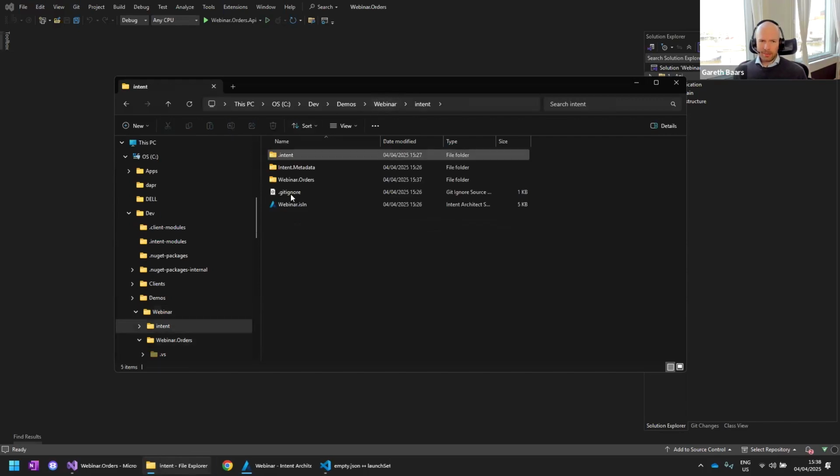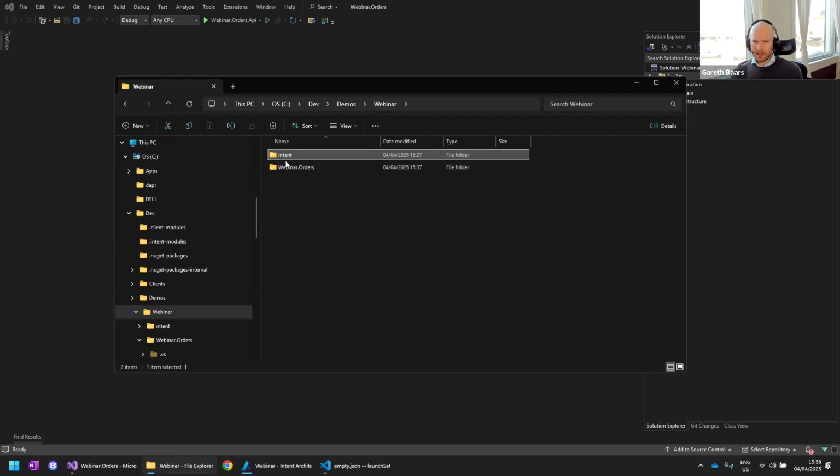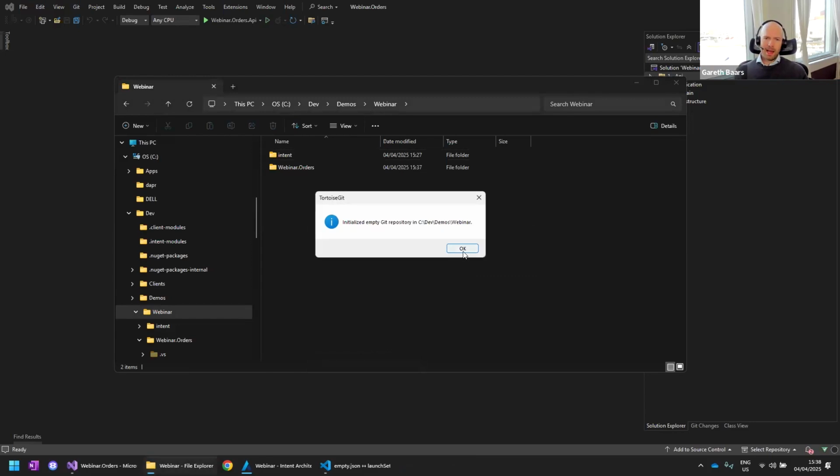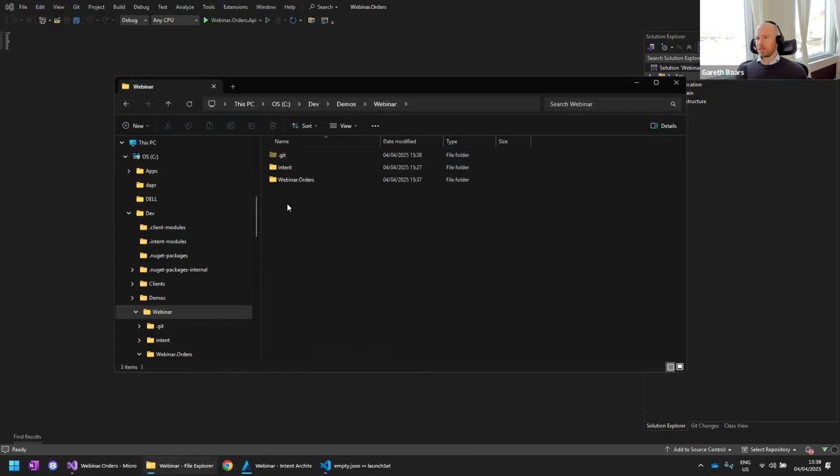Then in this folder over here are all the Intent Architect files. This is where the blueprints would be persisted, inside of these folders. This is separate. Some teams like to put this folder inside of that folder, and that's completely configurable. But what we would typically do is check these into the same repository. I've just got Tortoise Git here on this machine, so I can create a repository here, for example, and have my Git repository check both of these in together. And all the Git ignores are already there for us because we had that checkbox selected a bit earlier.